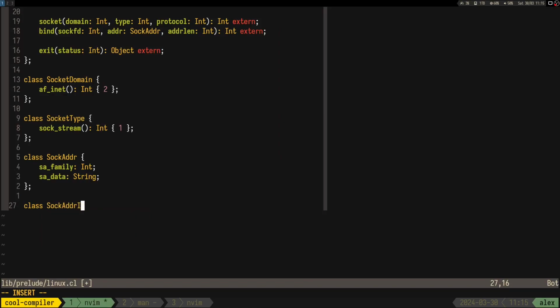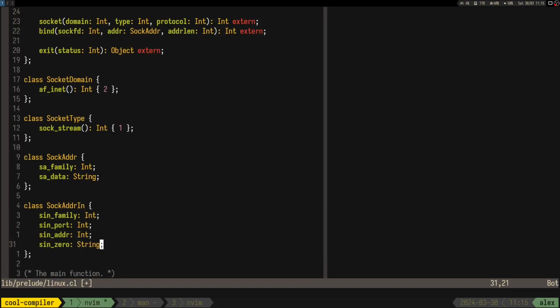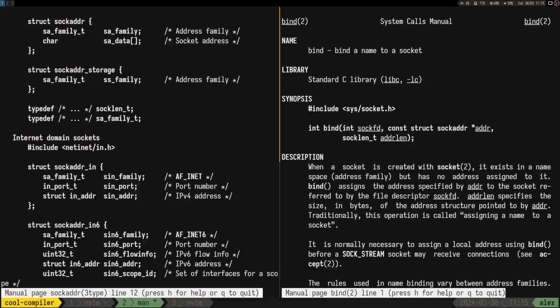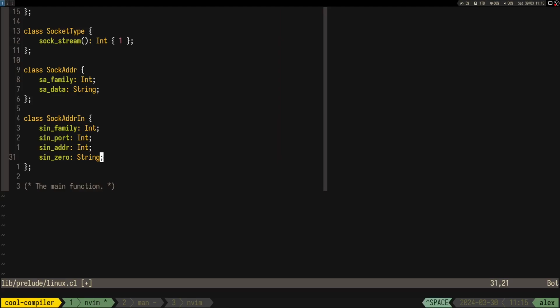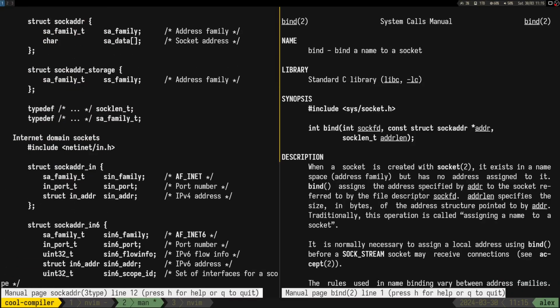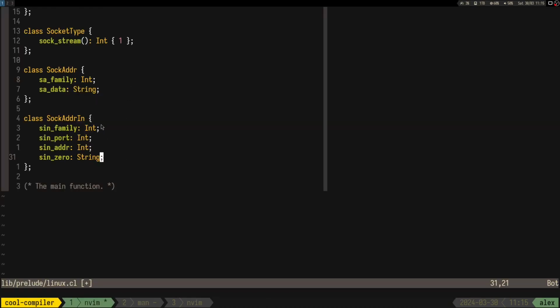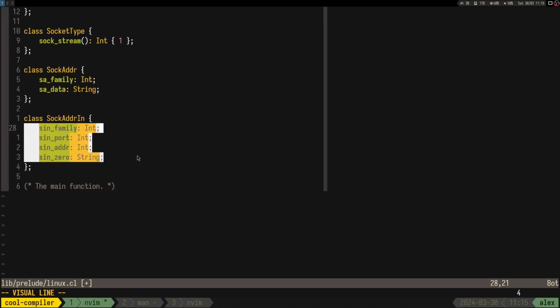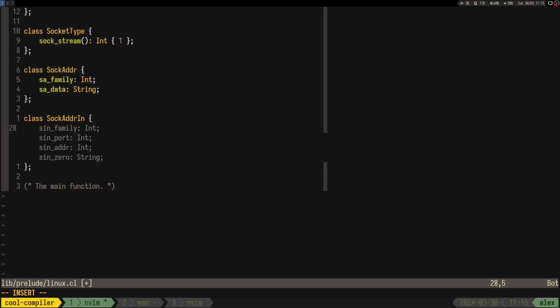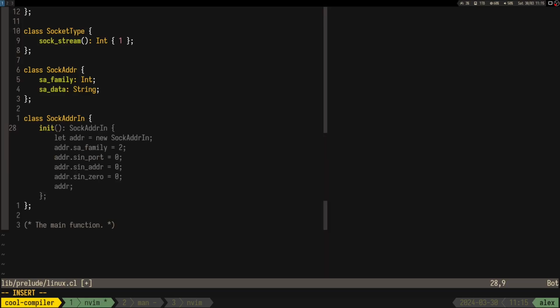Sock address in, right? I don't see what the thing with the 0 at the end is, but anyway, again, it's going to have the same attributes because we can inherit from it, but it's going to have a different constructor. So the init method